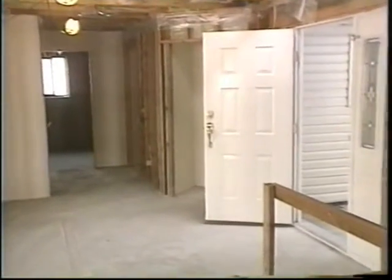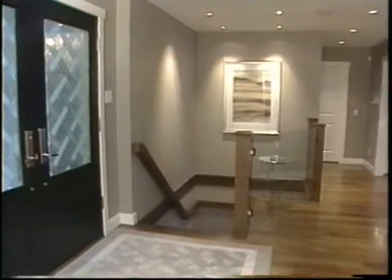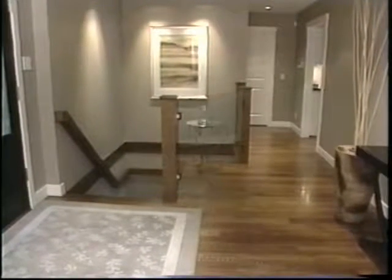Yeah, when we first sat down with the clients, that was one of their main goals: to change the space so it was more inviting, more free-flowing, with a lot of extra added features. When you first come into the house, originally there was a single entry door. We opened that up to a double set of French doors with specialty stained glass. The foyer was enlarged, so it's more inviting